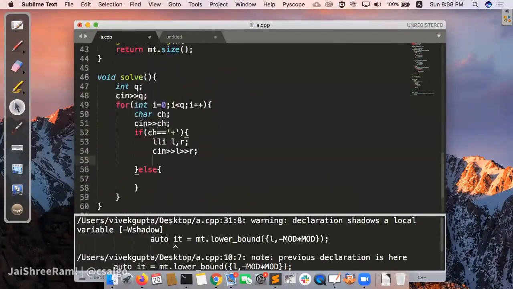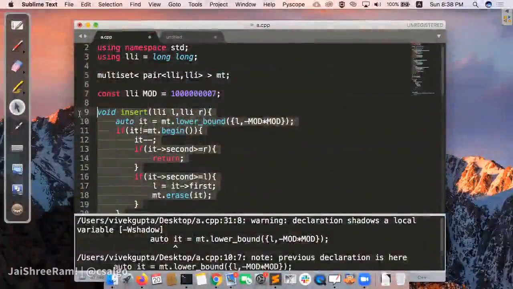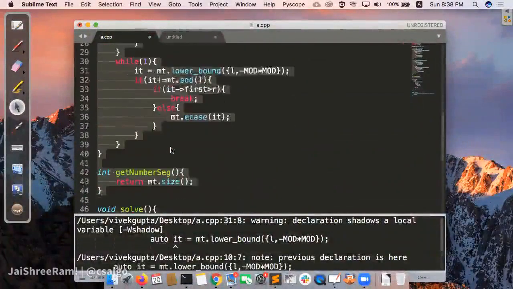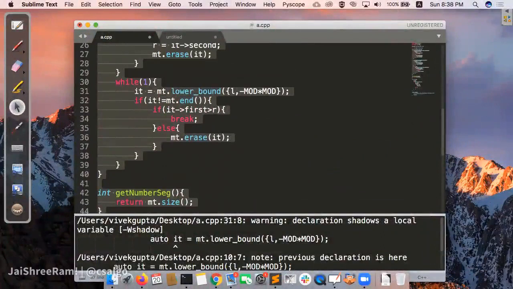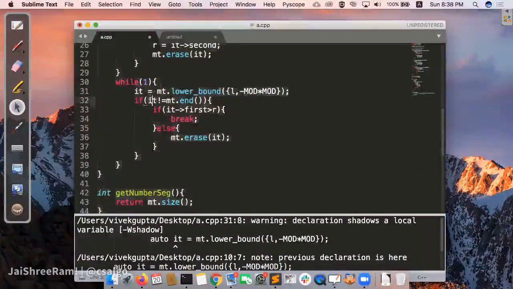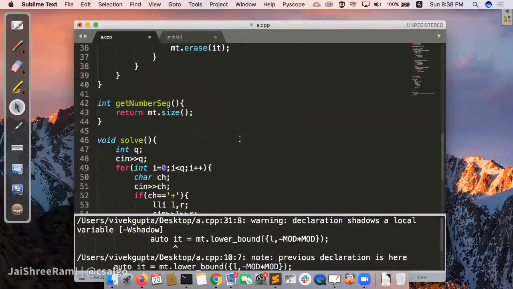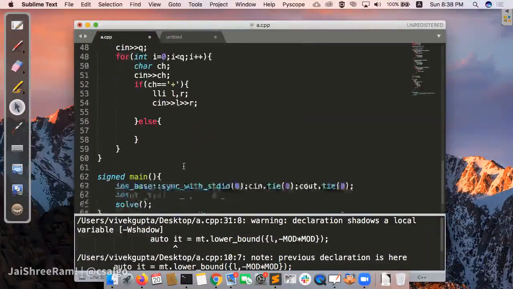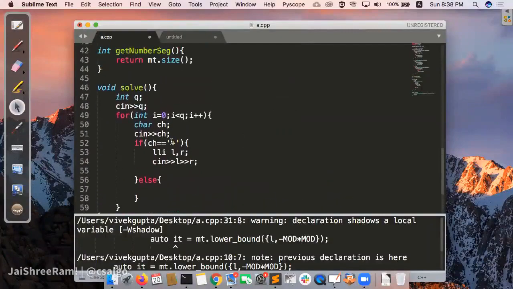So this is the main part that you can look into. Try to work with this. I'm pasting this code directly in the chat. So we are searching and deleting. This is how you can maintain dynamic ranges in a multiset.